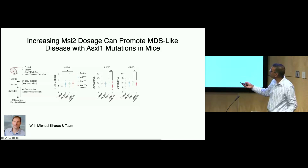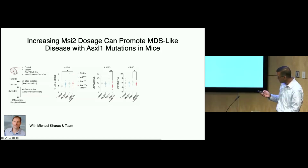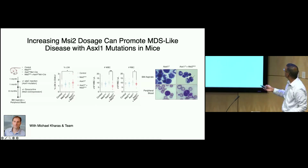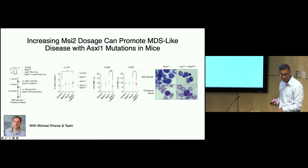So we could see that by introducing an ASXL1 mutant mouse and then increasing the expression of MSI2, these mice actually have an expansion of the stem cell compartment, whereas ordinarily these mice do not have any phenotype. And at about 8 months, we see a reduction in a variety of blood counts and a variety of signs that these mice then go on to have features consistent with myelodysplastic syndrome, including dyserythropoietic changes and Pelger-Huet type nuclei in the